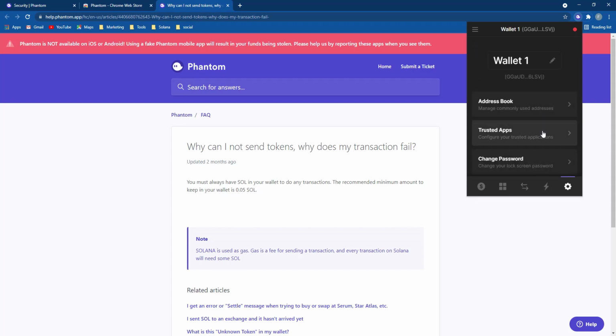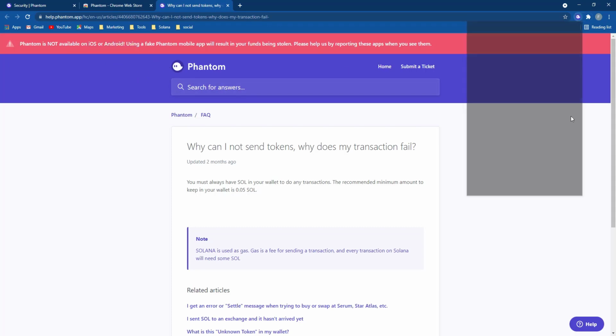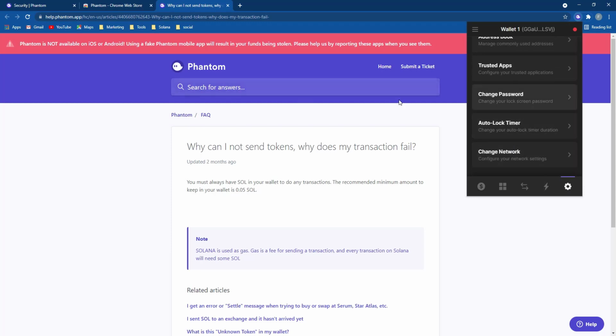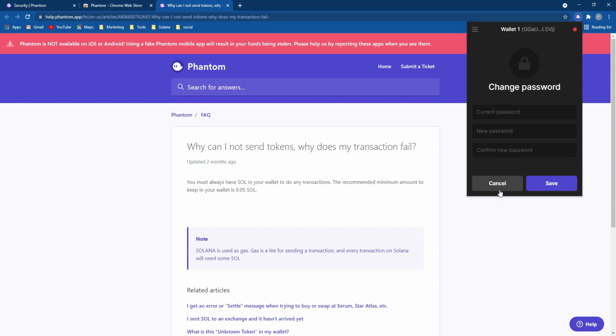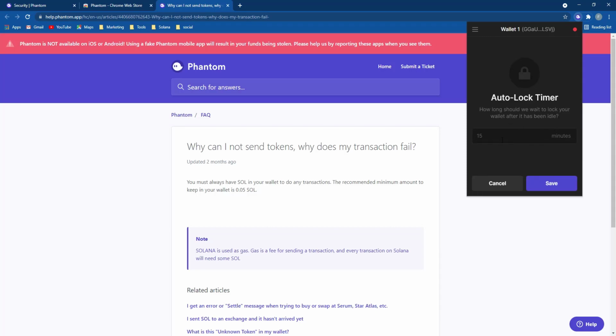Just for a quick update, as you guys can see on the top over here, it's not available for iOS or Android. So you will use Trust Wallet over there, and then you will integrate this one for that. So keep that in mind. If there is any, that will be a scam, and you guys should be aware of that. You guys can change password over here. For now, I'm good. You guys can auto lock it for some time